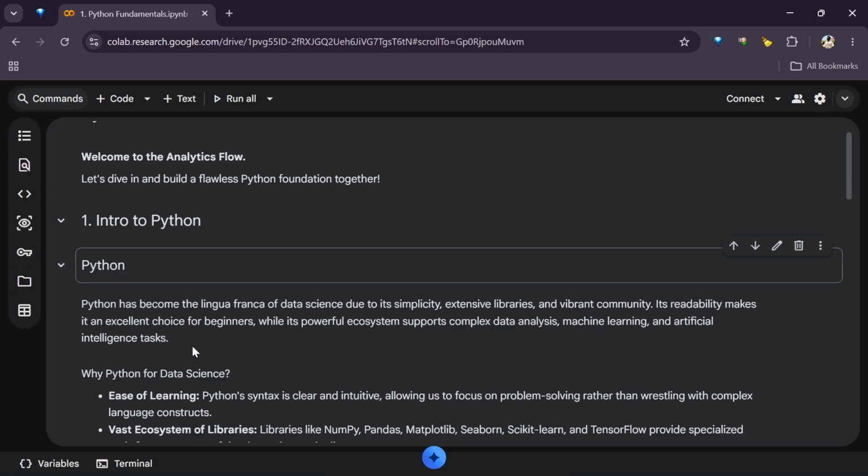So, well, what is Python? Python is a versatile programming language, and it is known for its simplicity, extensive library, and versatility, right? Its readability makes it an excellent choice for beginners. When you're starting, the structure of Python code makes it simple to learn. It is a high level programming language, by the way, which means it is closer to human understanding, right? It is English, so you see more of English in what you're writing, right?